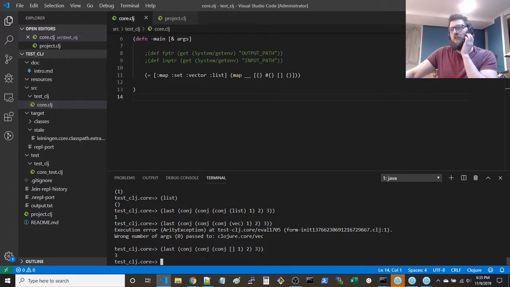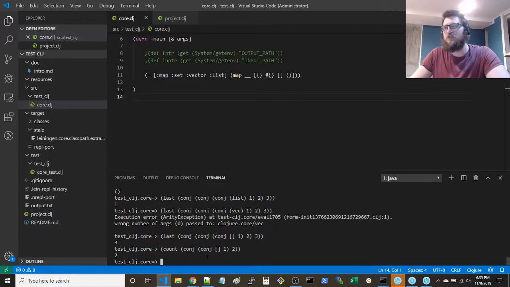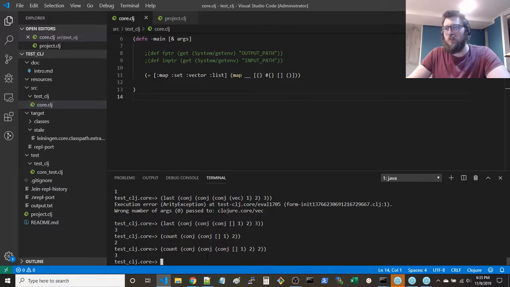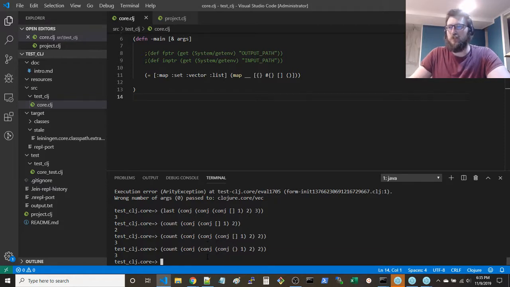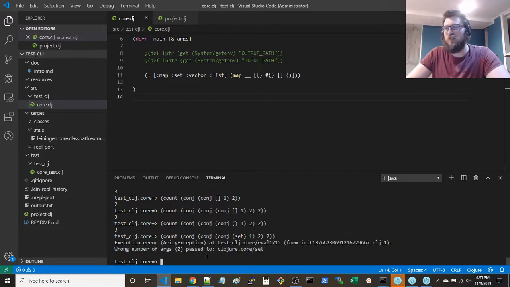So if you conj twice, let's say, and take the size, that's size 2, and then we'll even conj one more time. Size 3. If you do that with a sequence, it'll increase. But if you do that with a set, how do I create a set?